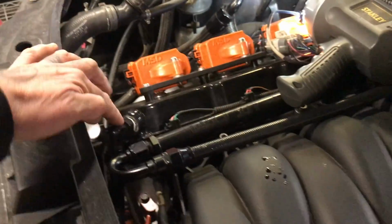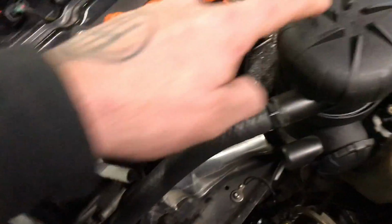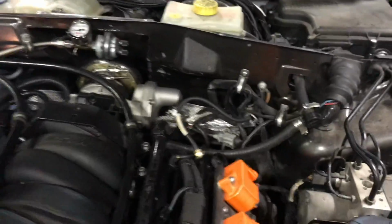And then I have two AN10 lines, one on each valve cover. And these are teed and feed into this MAN Pro Vent. At some point over the winter, one of the changes I want to make over the winter is